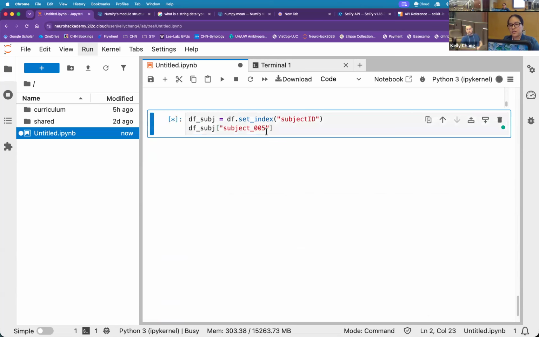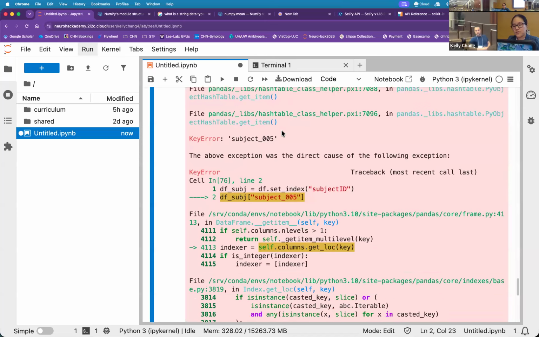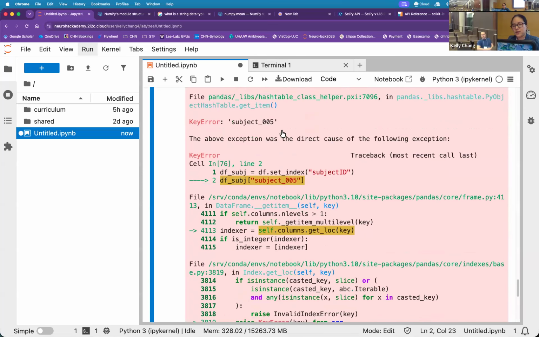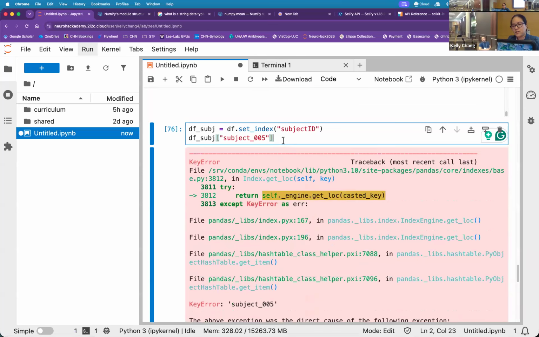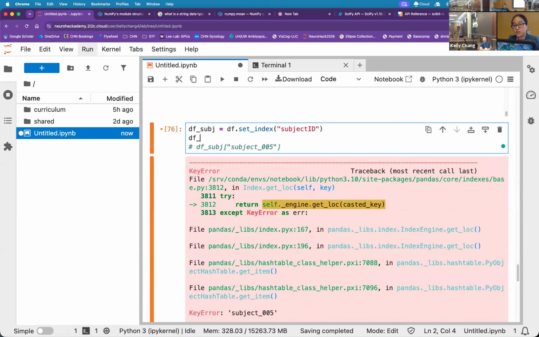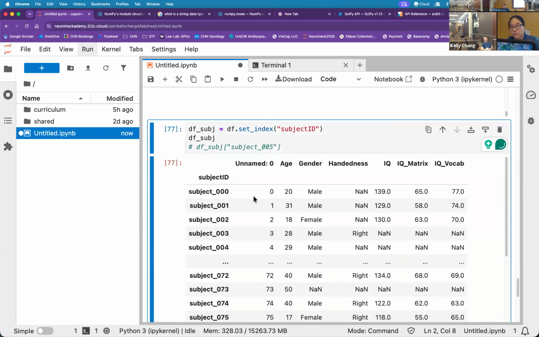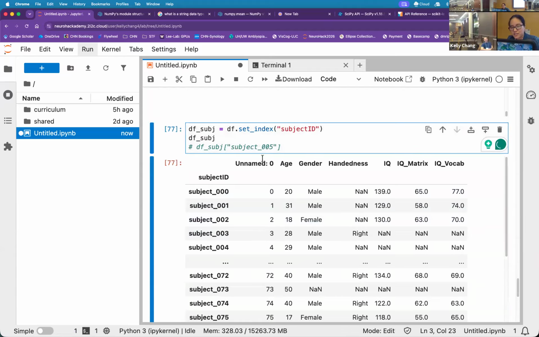I don't see him on the thing. I forget. Do I have to still do loc? Did I spell it wrong? Do I even have a 5? It's a great question. Just do one I can actually see then. Copy, paste. This is someone else's data set, so forgive me if I can't remember.